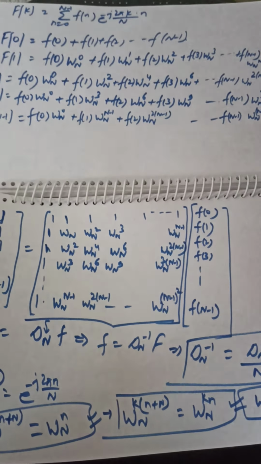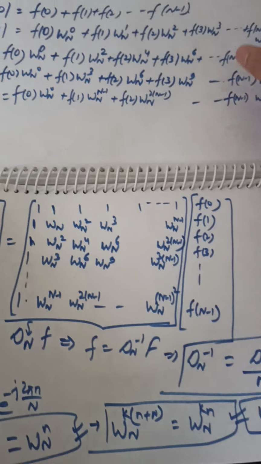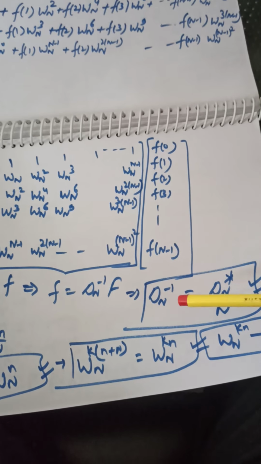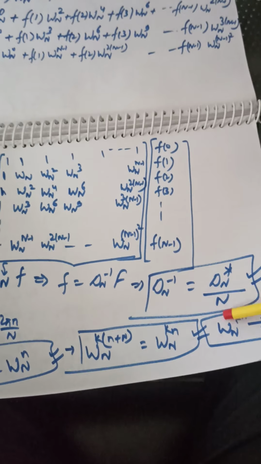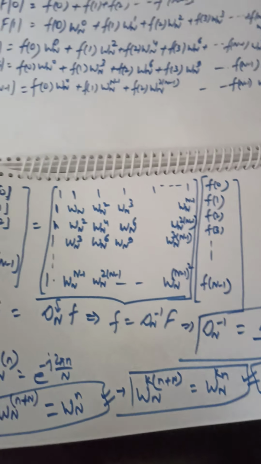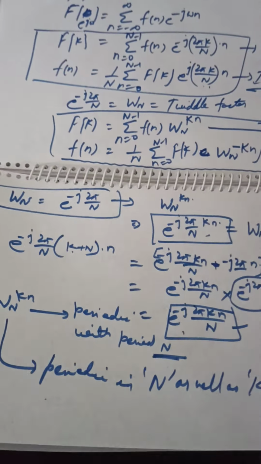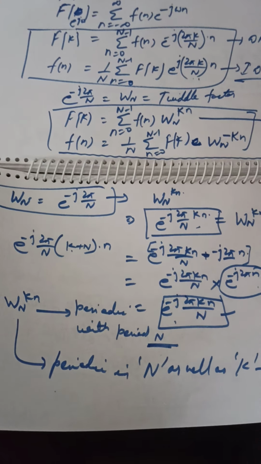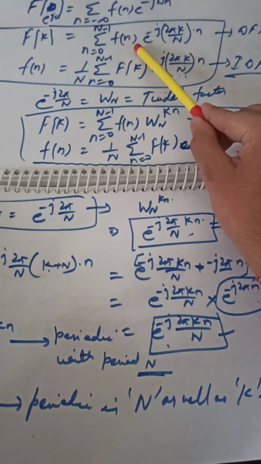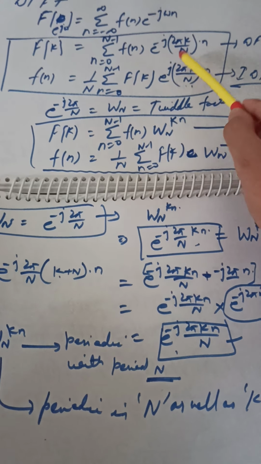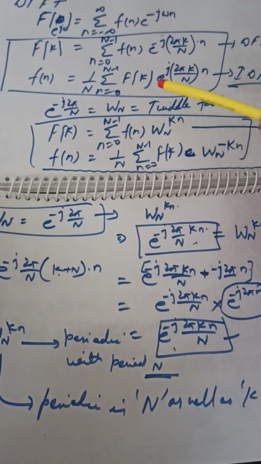Now I want to have a slight discussion regarding this expression. dn inverse equals dn transpose upon n. How is this coming? dn conjugate. Have a look at this. We are going to the backward pages. Just have a look at this expression. This is our wn, this is wn, and this is wn conjugate.